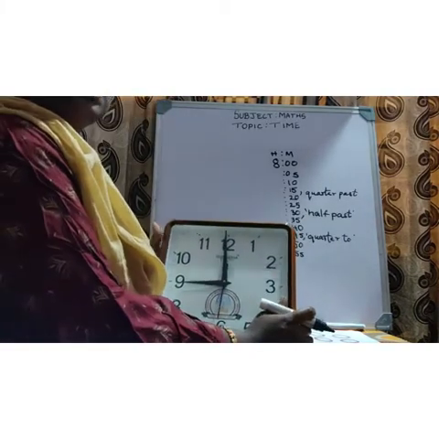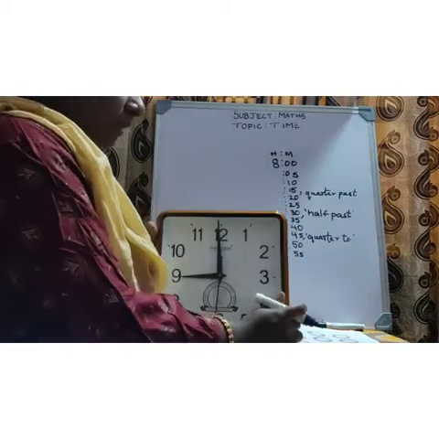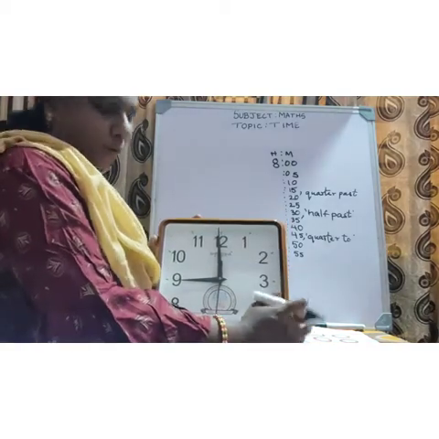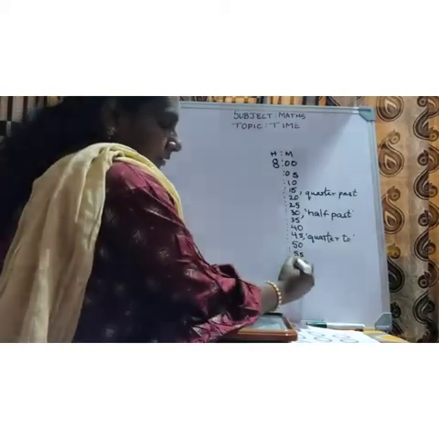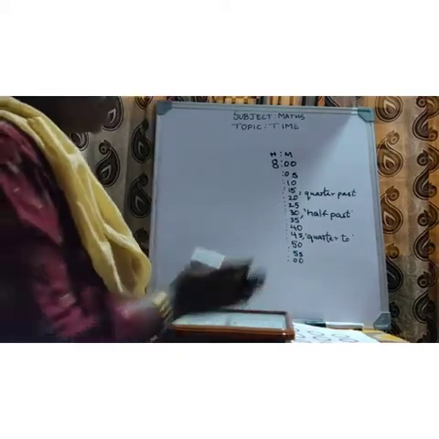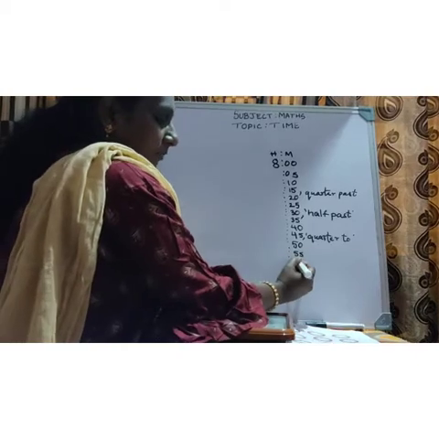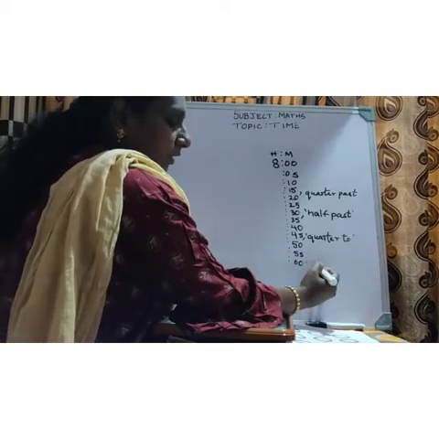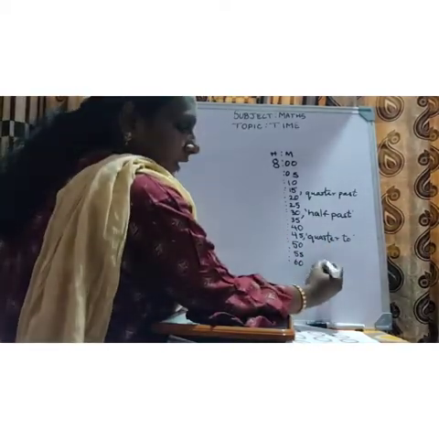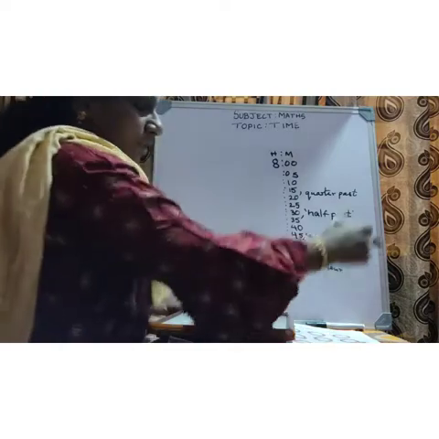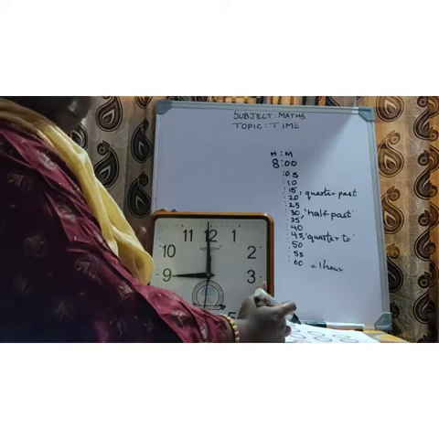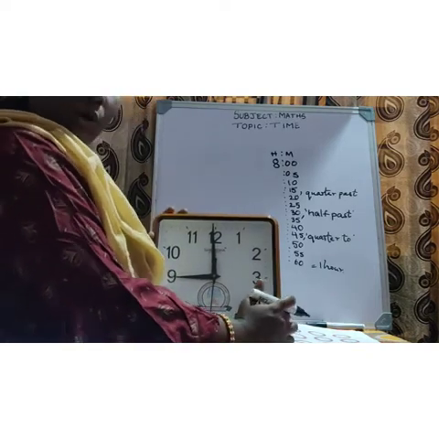If it is 60 minutes. 12 5s are 60, and 60 minutes makes 1 hour. So it will become 9 o'clock. Once again it will come there. 60 minutes equals 1 hour. It will come to the next hour. So what is the time here now? It is 9 o'clock. You can tell it as 9 o'clock.